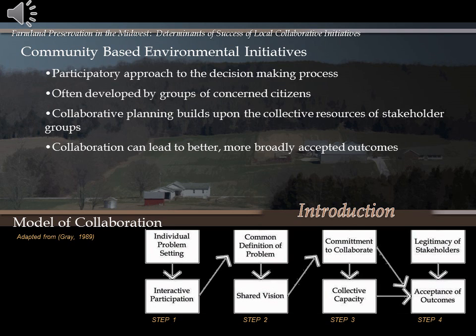And functionally, what they did is they brought this back around to the focus on collaboration. Why collaborative natural resource management works is that by building that broad base of support, they actually did come up with more broadly accepted outcomes that we'll talk about a little bit later. And again, the bottom of the page here is just looking through what this process looks like and some of the variables that may need to be considered as you start thinking about collaboration. This was just that initial pass to make sense of that.